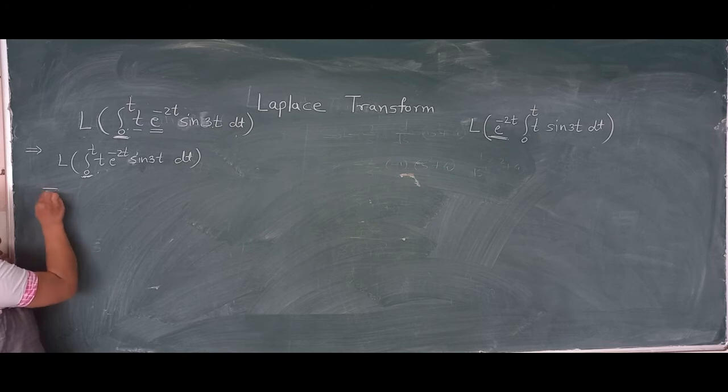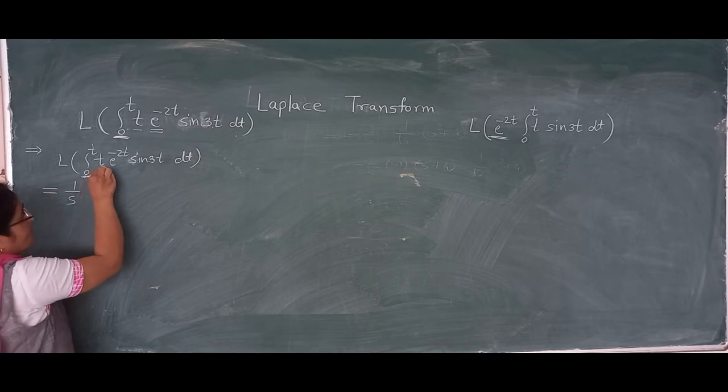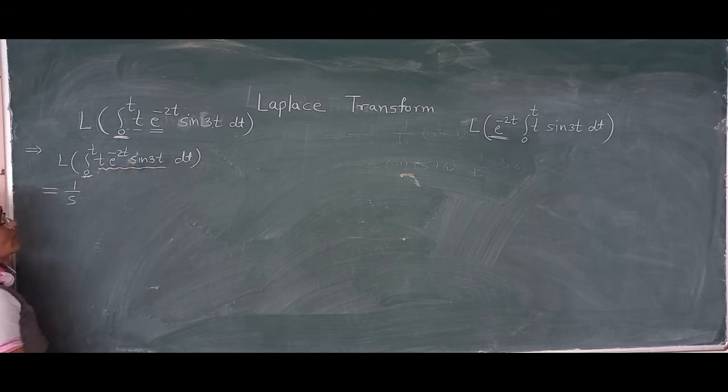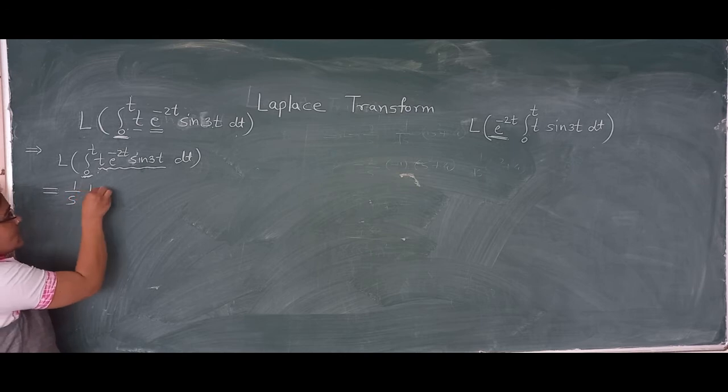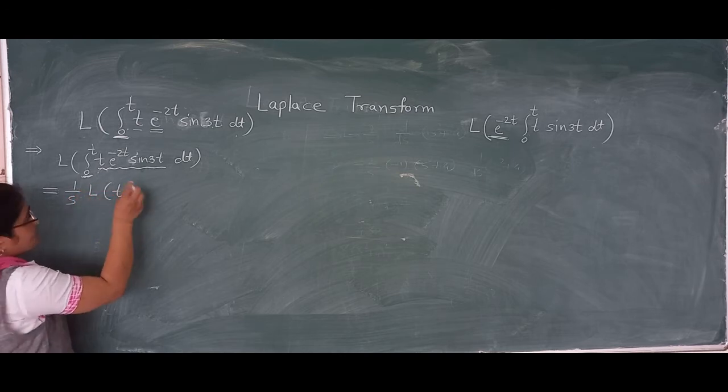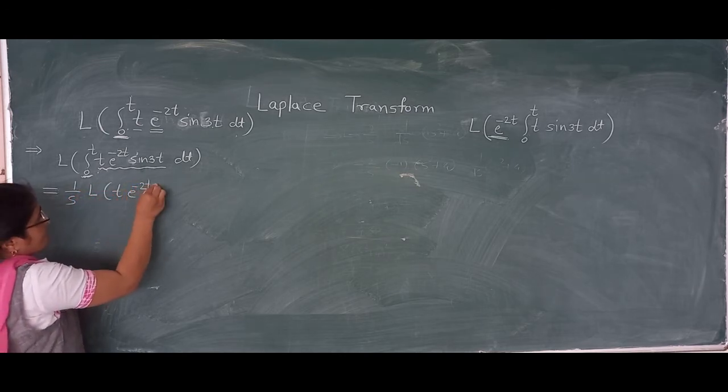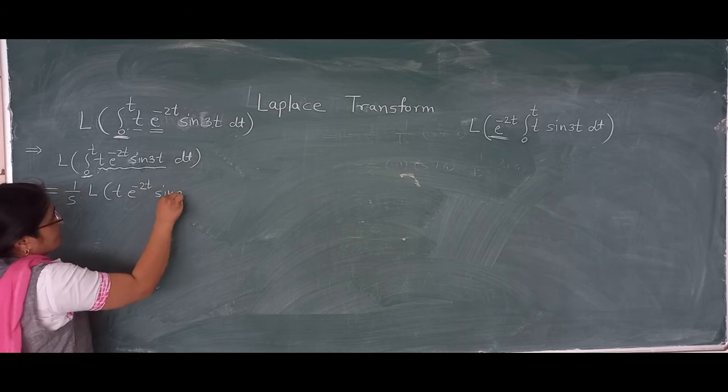So for integration we should write 1 by s. Now the integration work is over, its work is finished, because for that integration we take 1 by s, and whatever remains we have to take its Laplace, that is e raised to minus 2t t sine 3t,